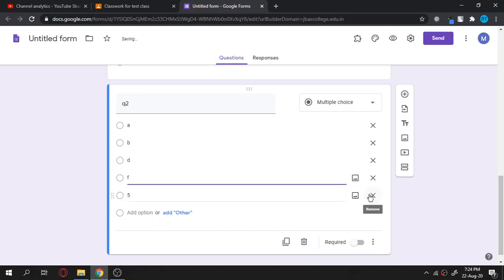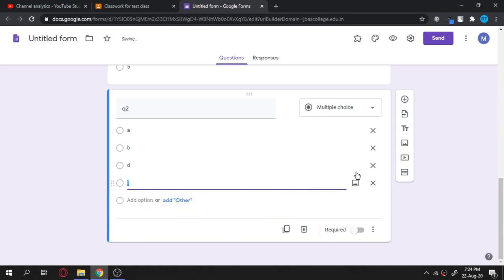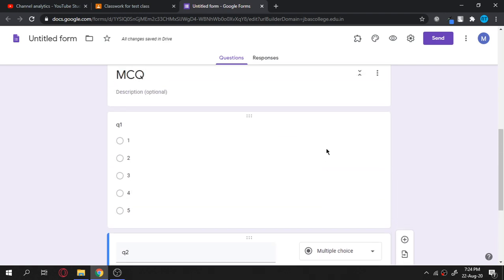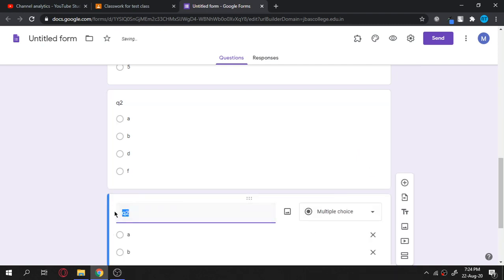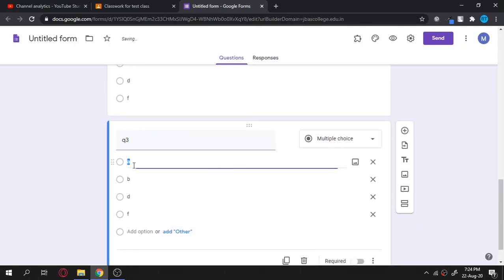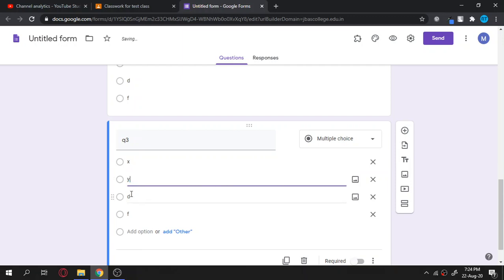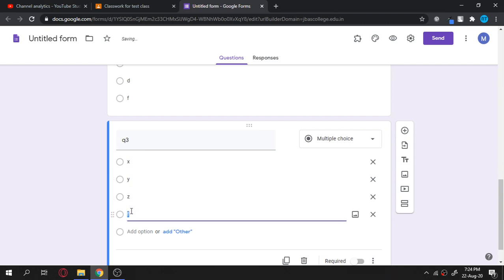Okay, and then I am removing this option also, so it depends upon. Likewise I have set the 2 questions, again duplicate once more to get the 3rd question, and I am naming this as question number 3, and let it move as usual. Okay, so it moves as usual, and then I can also set the answer as some X or Y. This actually depends upon the department and their questions. Okay, so I keep on setting the values to the questions.